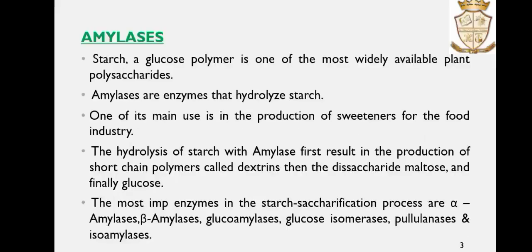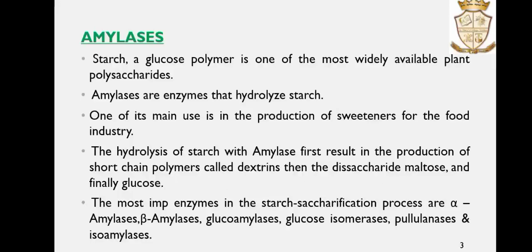Amylases. Starch, a glucose polymer, is one of the most widely available plant polysaccharides. Amylases are enzymes that hydrolyze starch. One of its main uses is in the production of sweeteners for the food industry. The hydrolysis of starch with amylase first results in the production of short chain polymers called dextrins, then the disaccharide